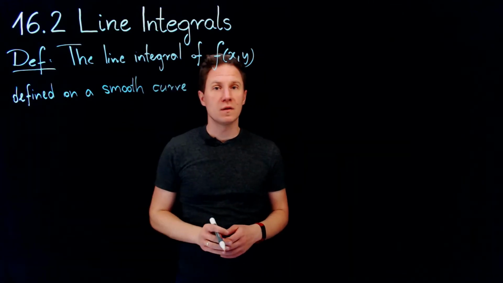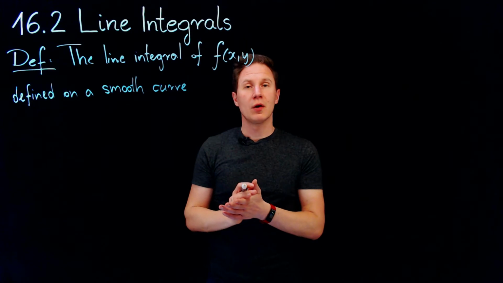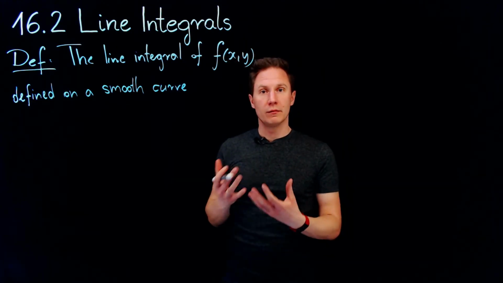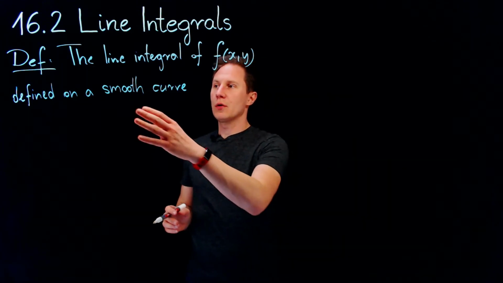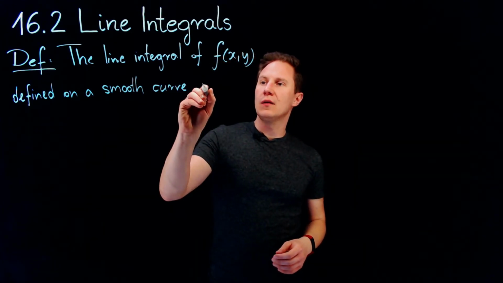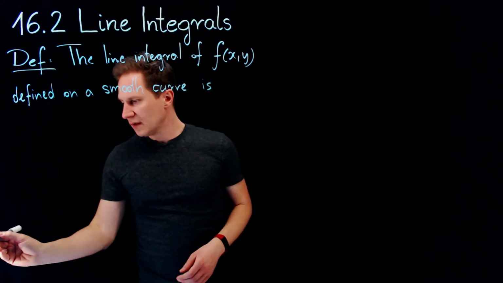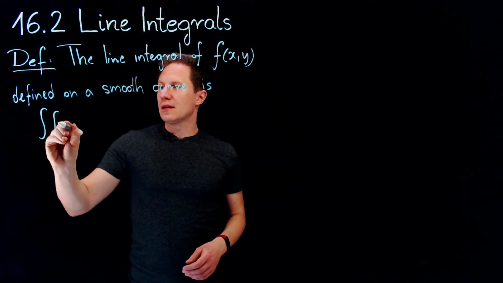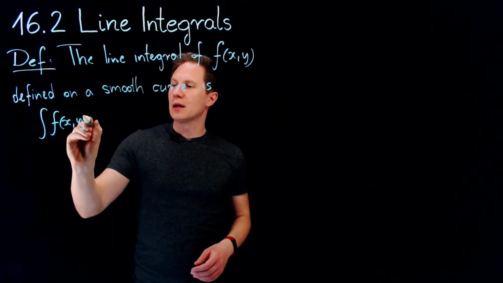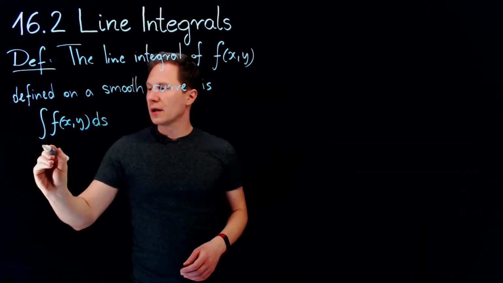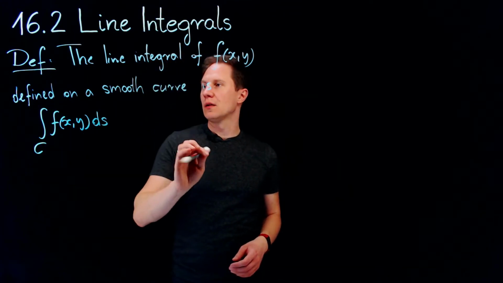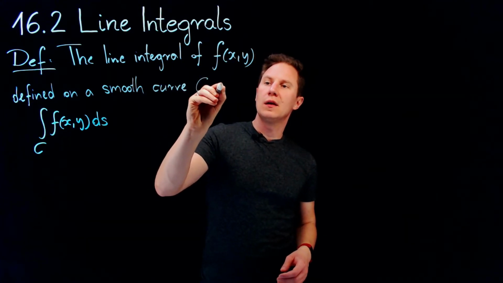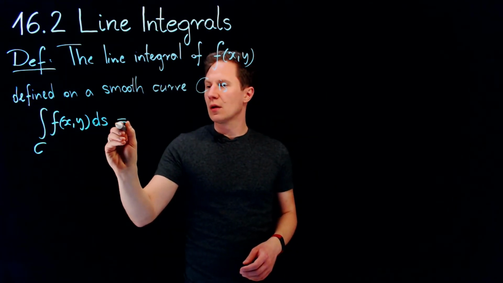Smooth for us means that this curve is given by a differentiable vector function. So the line integral of the function f of x, y along a smooth curve C is denoted like that,